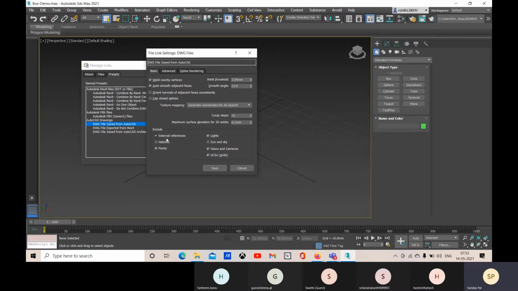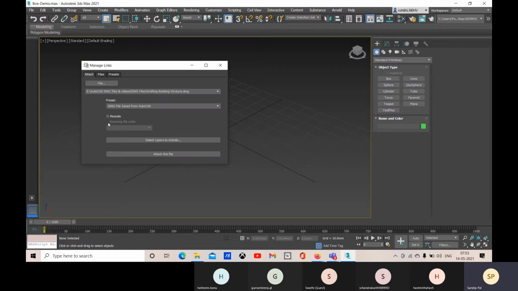If you want to include some external references present in your CAD file, light, sun, sky, these things, you can include them. Right now I'm going to include a 2D file, and I'll show you including a 3D file as well. So let me cancel it now, nothing to save.